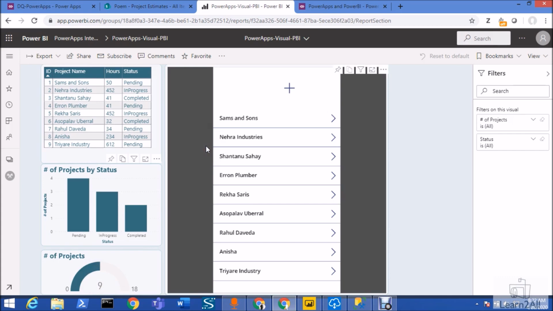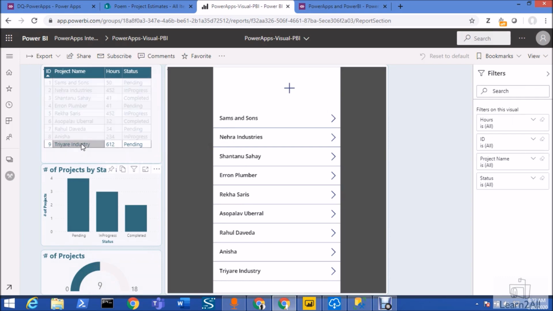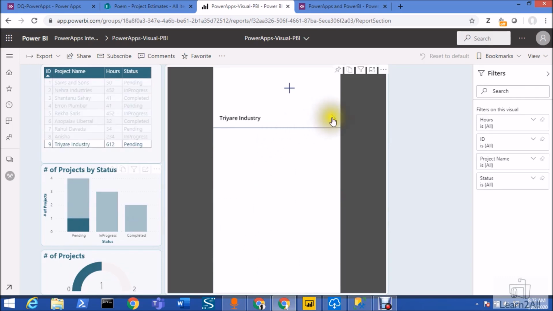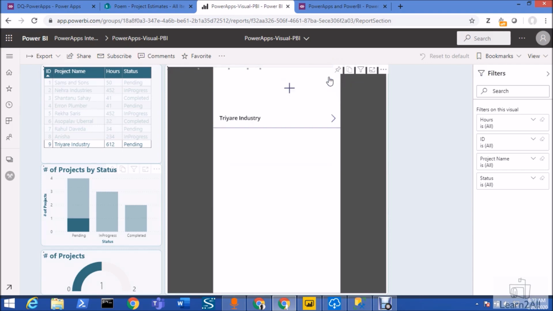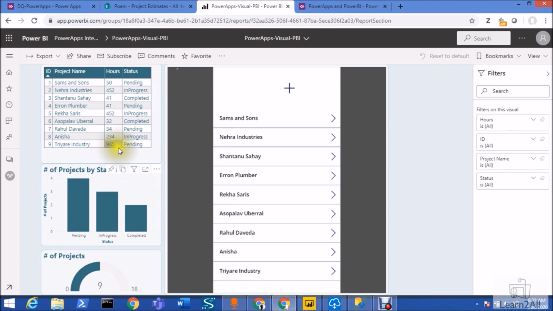Now let's say for an example if I want to update this data, so if I'm selecting here, it automatically shows me this record. Now if I'm going over here and I want to update my hours to 965 and just click on save, my hours have been updated successfully, and we can see that 965 is reflected in the grid as well. Alright, so this is really amazing, on the fly. So hope this is clear for you now.